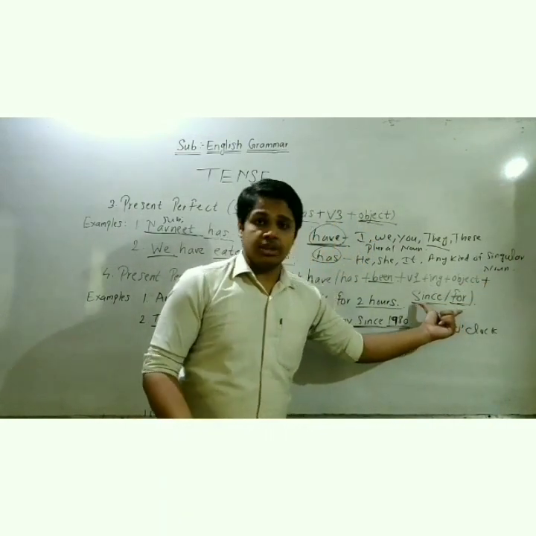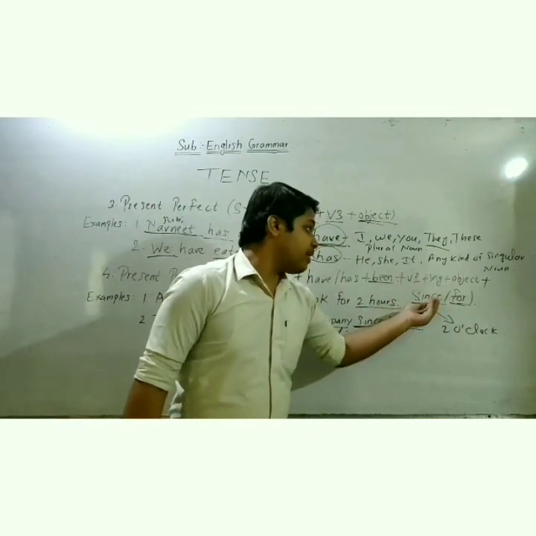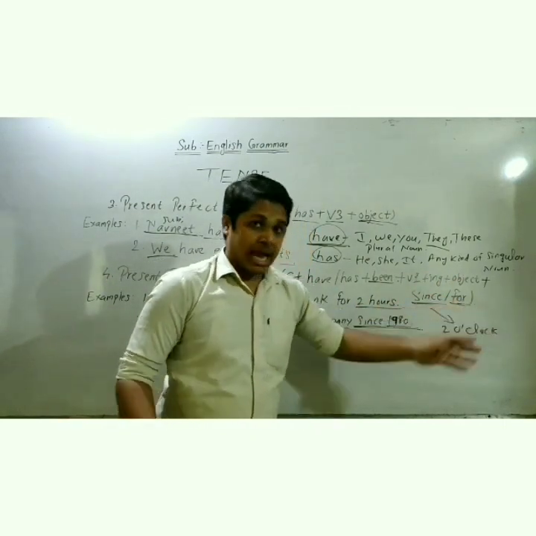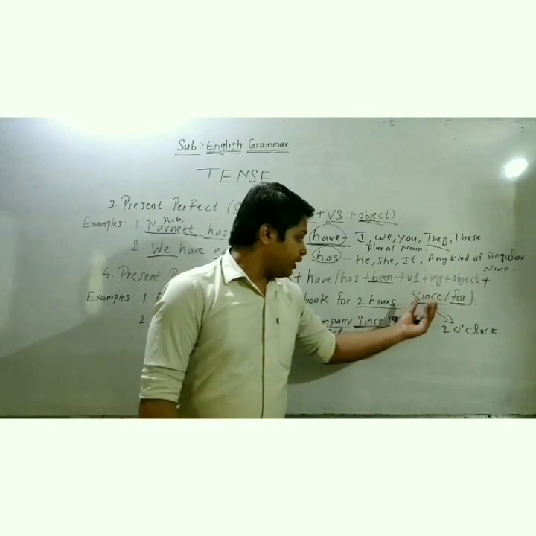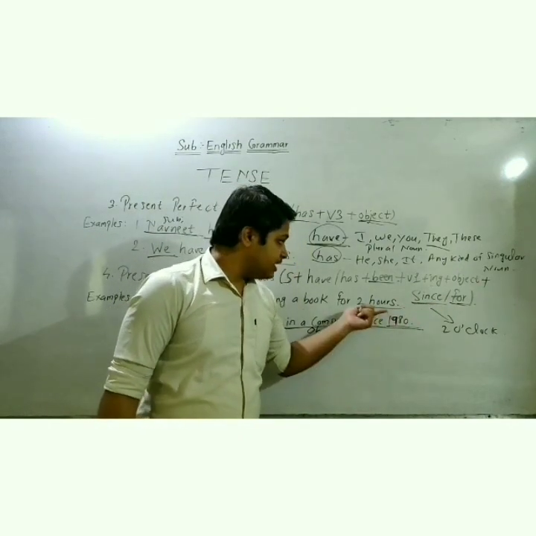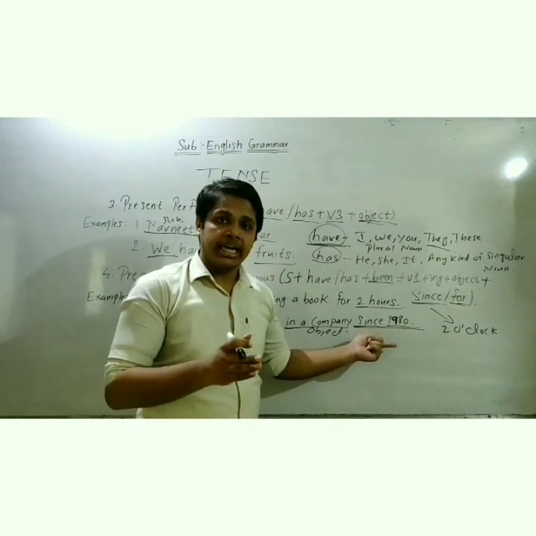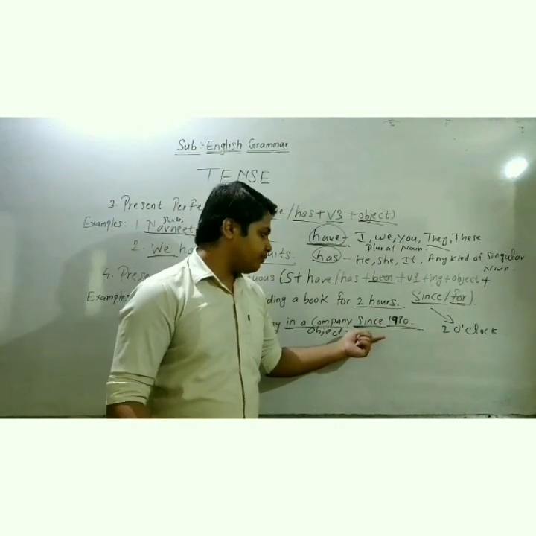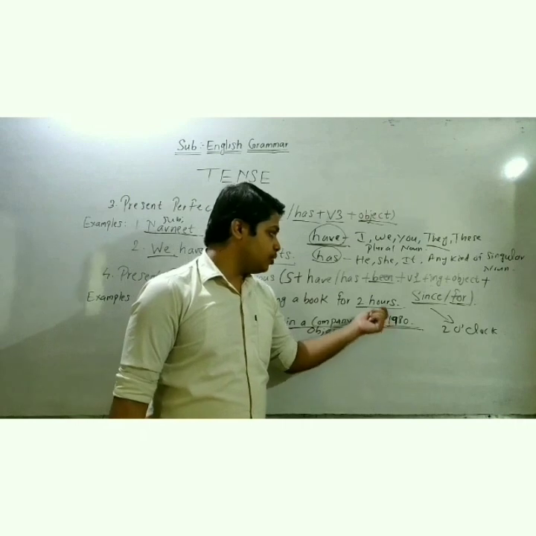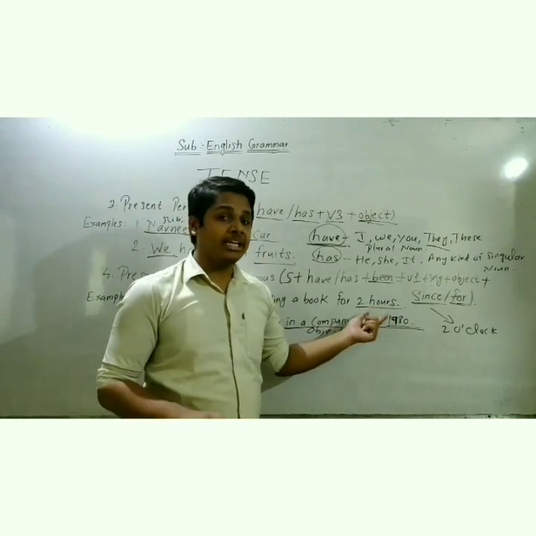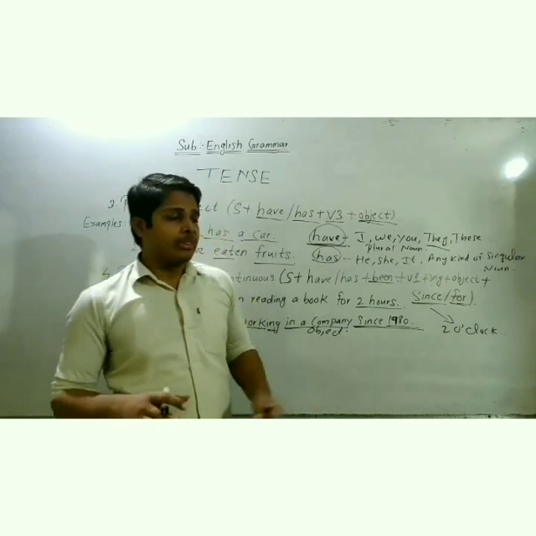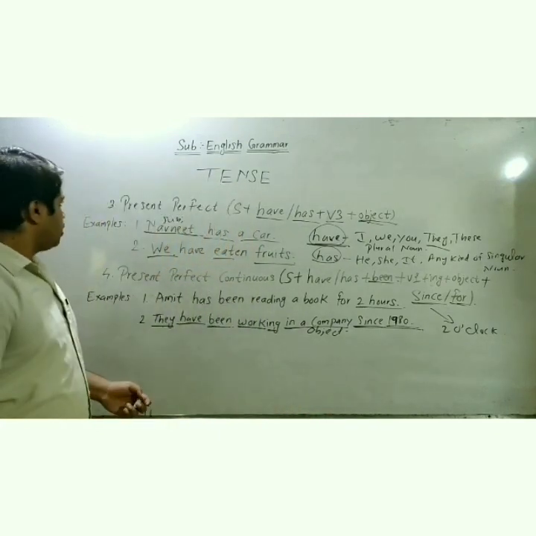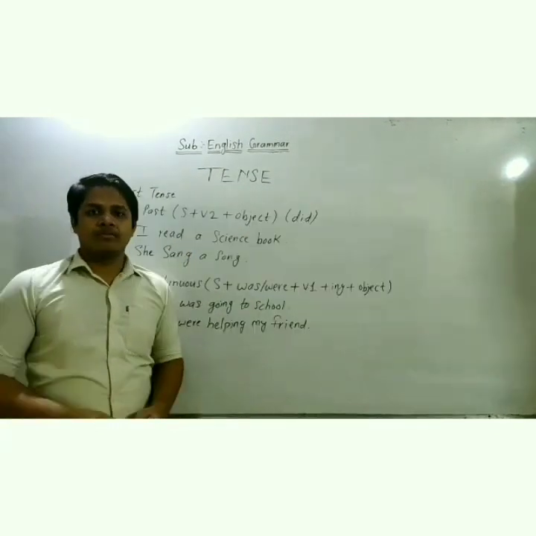It is not like we use all these things; we don't use both at the same time. According to the reason, if there is a particular date, year or time, then we have to use since. Otherwise, we have to use for if the time, year, or week is not properly given. Clear? Now we are going to past tense.